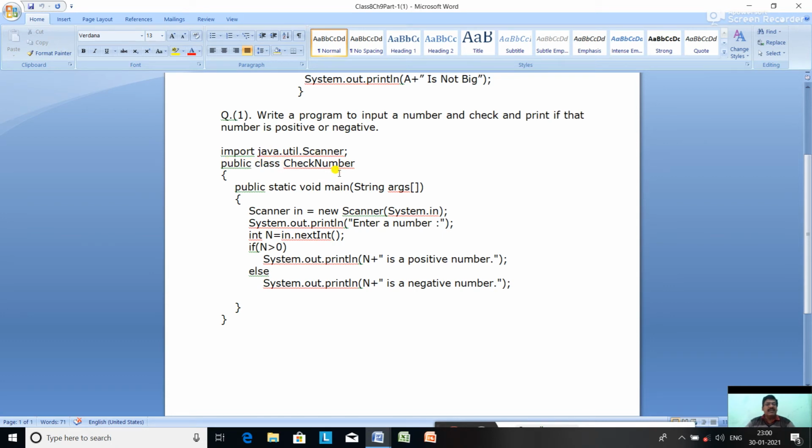Public class CheckNumber, public static void main, Scanner in equal to new Scanner, System.out.println enter a number, int n equal to in.nextInt, the number you have entered. It will check if the number value is greater than 0, then it will print n is a positive number, and if n is either 0 or less than 0, then it will print n is a negative number.